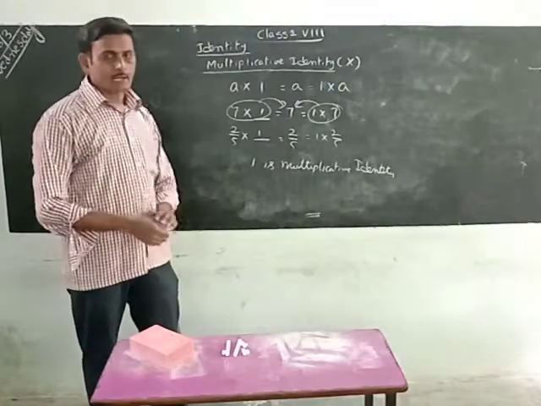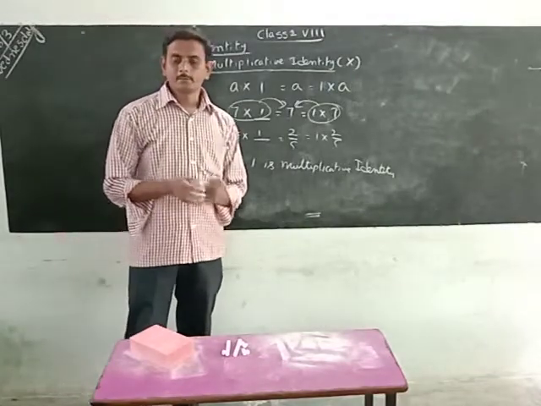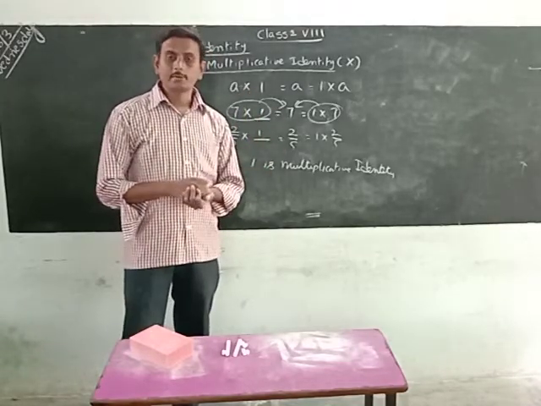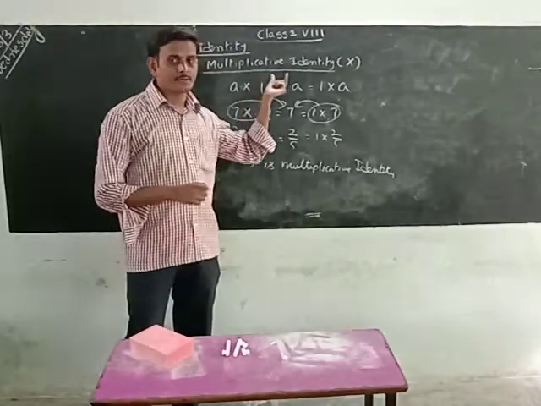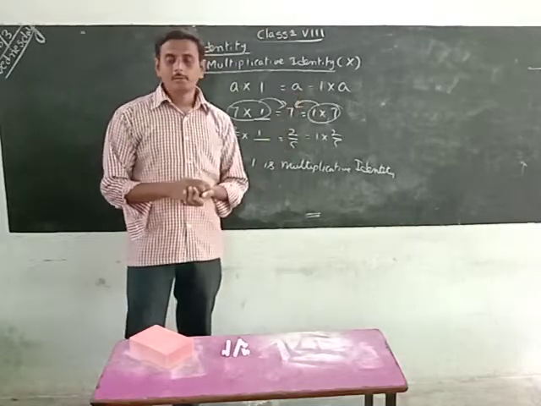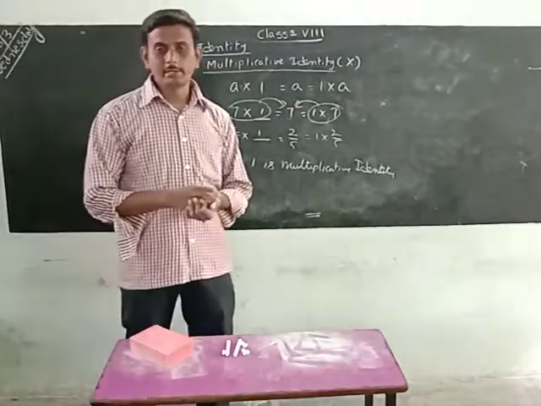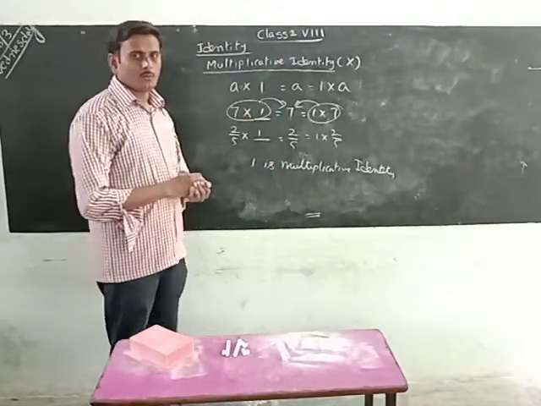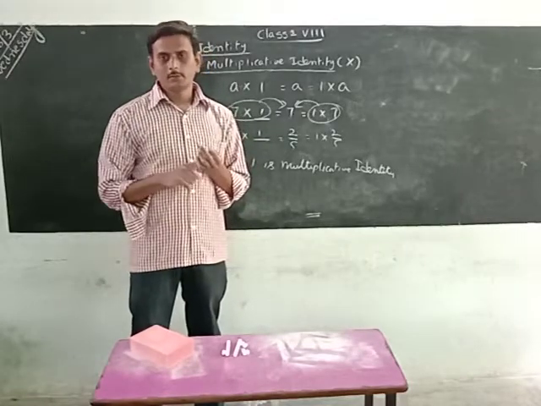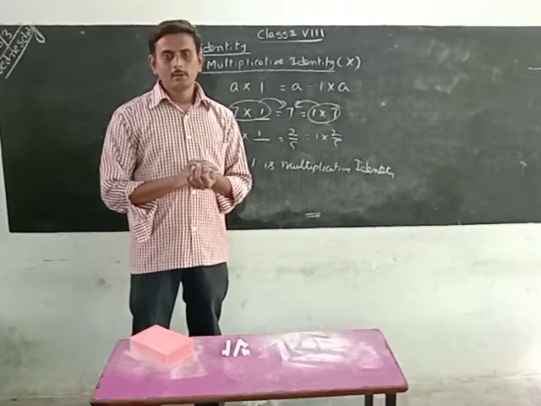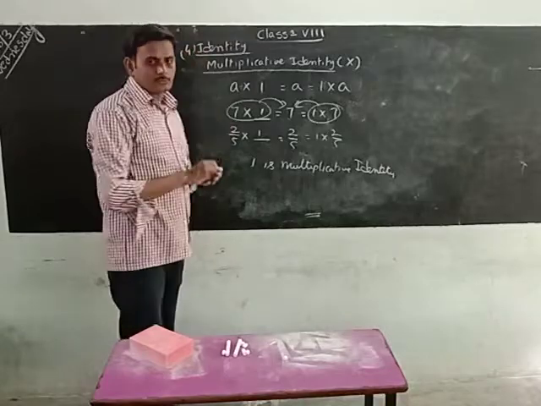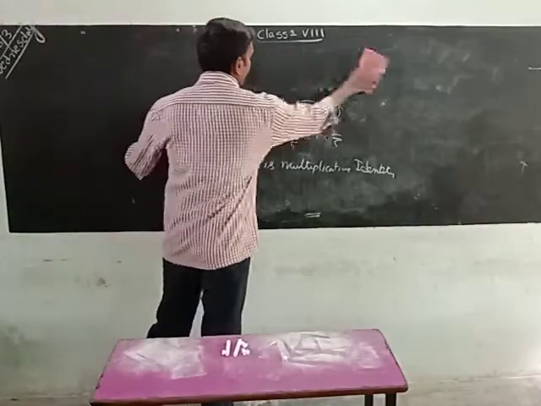This is the identity property. Whenever you go for the identity property, with plus we have the additive identity, and with multiplication we have the multiplicative identity. By using the plus sign or multiply sign, the identity property will follow for rational numbers. By using minus and division, only the closure property will follow. Remaining all properties will not follow for rational numbers. Up to now we completed 4 properties. Next, the 5th property, inverse property.